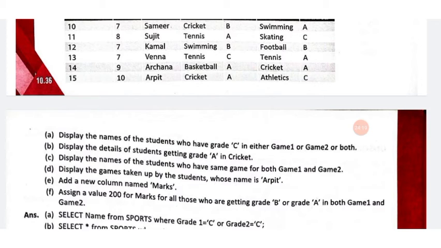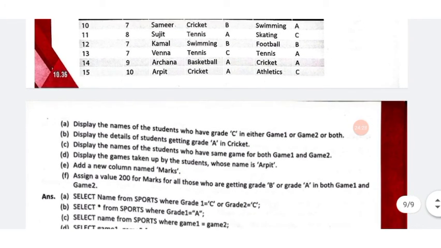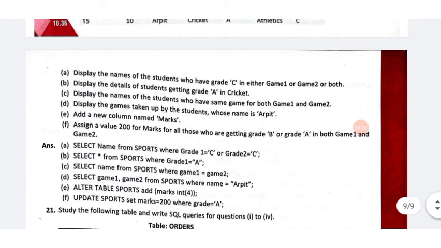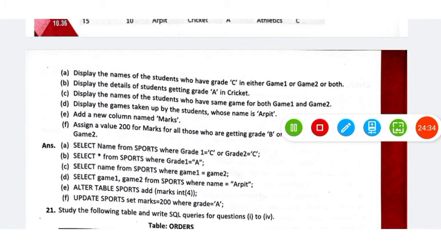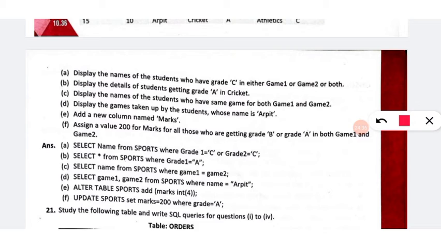and game 1 equal to cricket or game 2 equal to cricket. Here only grade 1 equal to A is there, but we need only those grades where grade 1 is A only for cricket.